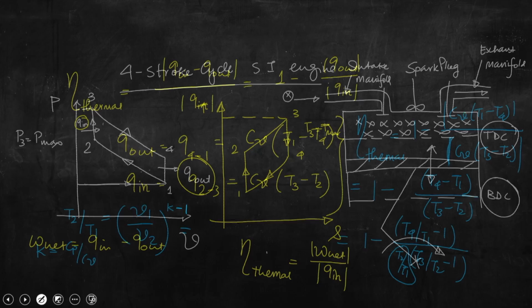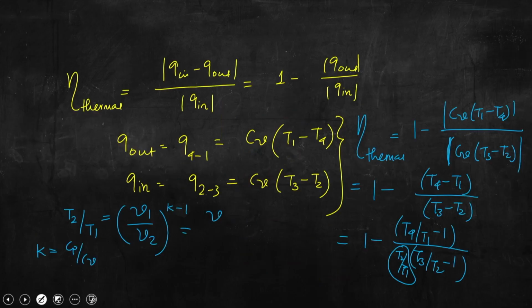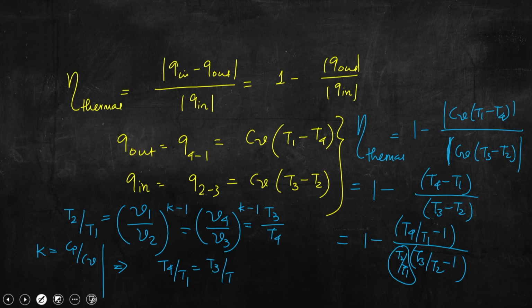If we change it, we can write V4 by V3 power k minus 1, and that is nothing but T3 by T4. If we write one step further, then we can write T4 by T1 equal to T3 by T2. So, this will allow us to write, if we go to the next slide,